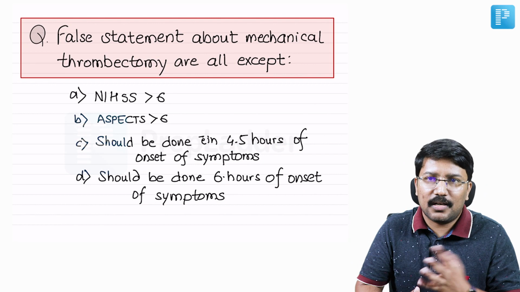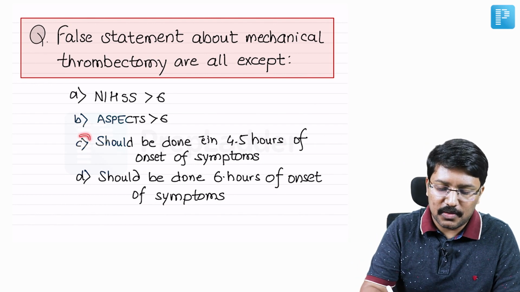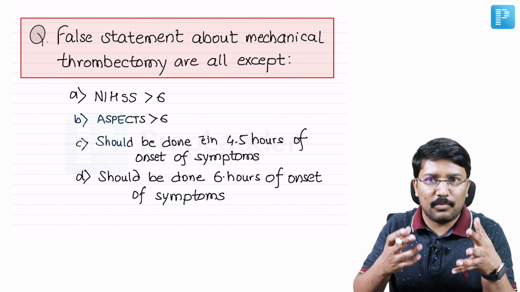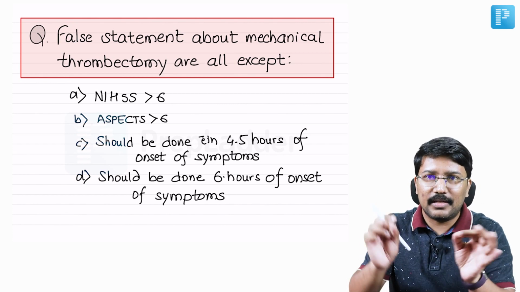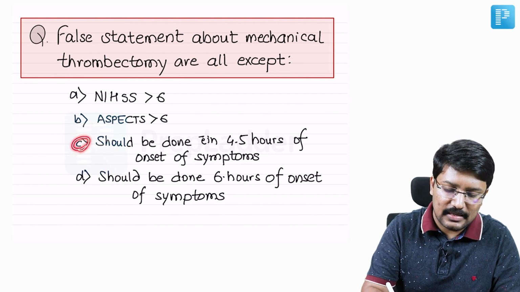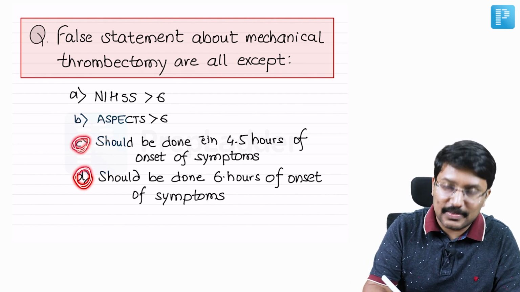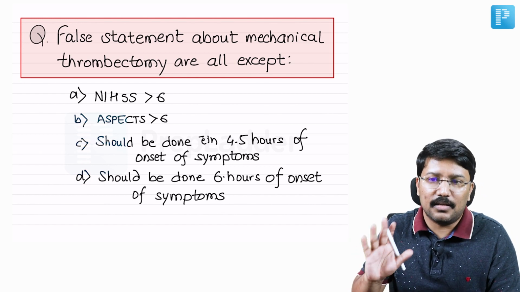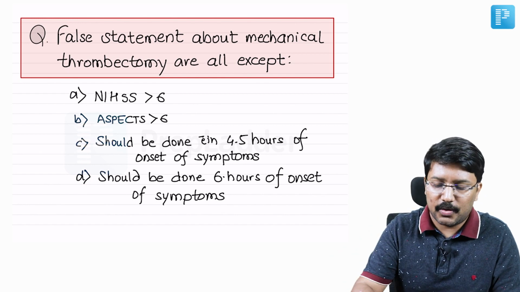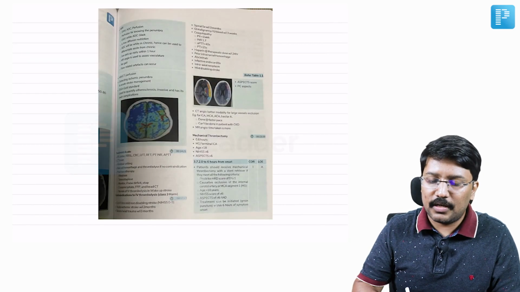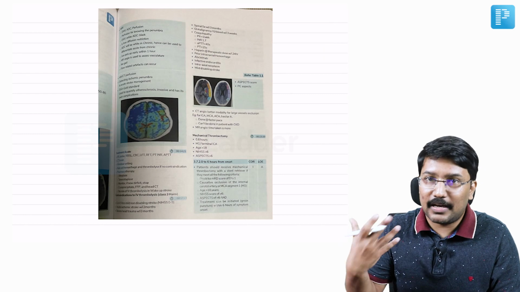Now, for me, this becomes a little clear here. I have to choose one between option C or D, right? Because both are essentially talking about the same thing with a different time frame as the yardstick, right? So I have to choose between C and D. I'm not sure if the question was exactly like this, but at least in this question, this is clear. C or D we have to choose, because these are pretty straightforward. Okay. If you have already followed the PrepLadder videos, this was kind of anticipated.